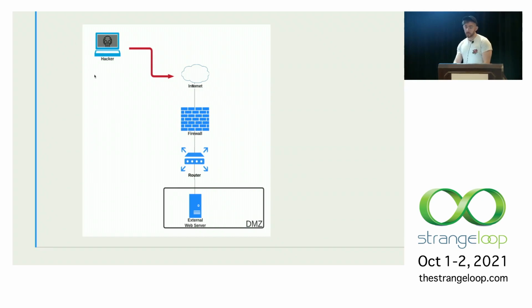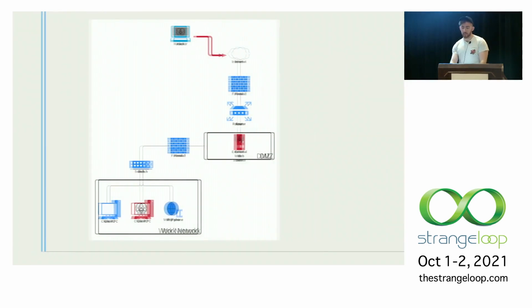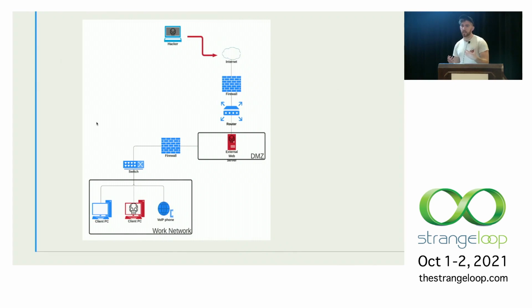Assuming that this part goes well and I can get into the perimeter, well then great, now I'm Red Skull on the box. And that's useful. We'll call it remote code execution. You might think of it as a shell on the machine. What that allows you to do now that you're on the box is look around. You can see network interfaces you couldn't otherwise. You're now inside the network. You can see different machines that are more local. You can move laterally around the network and continue to hack stuff.